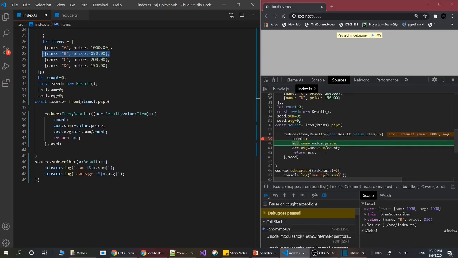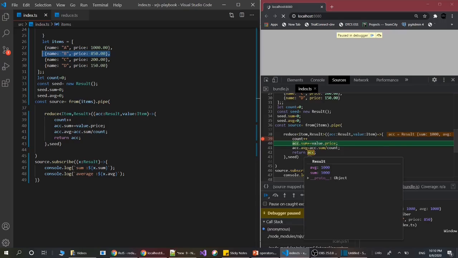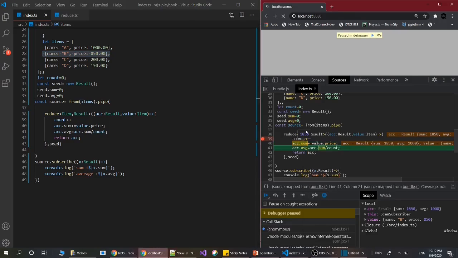Our accumulator's previous value is persisted here. Now the sum is going to be 1850. It added the previous value 1000 and 850. Now let's calculate the average. This time the count value is 2, so the average becomes 925.